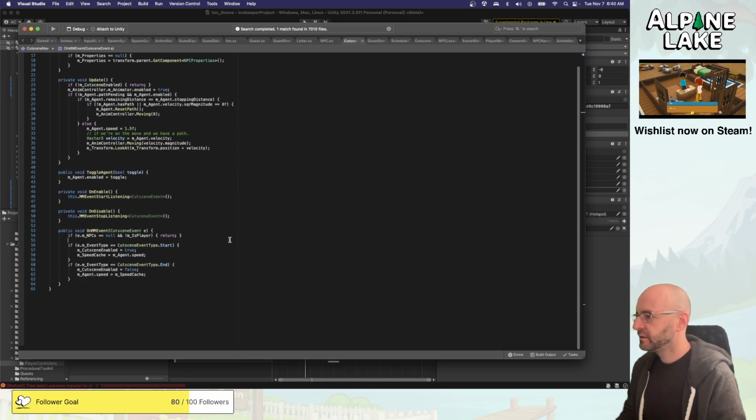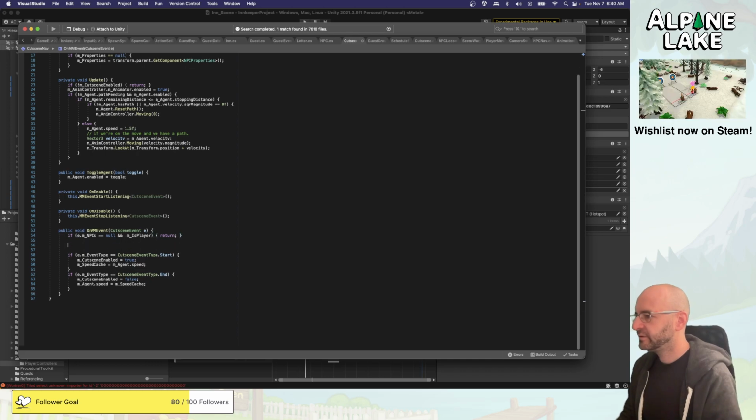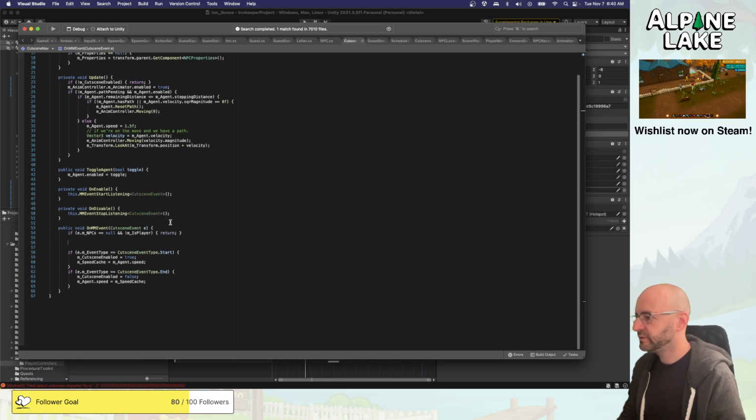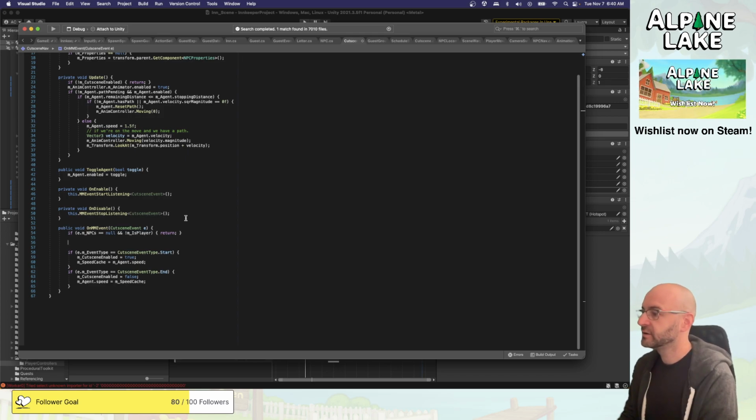Okay, so if we're the player, then always do this. Basically the cutscene sends an event saying, "Hey, cutscene started," and these are all the NPCs that are in the cutscene, so only activate these. And obviously the NPCs know who they are, so yeah, for each